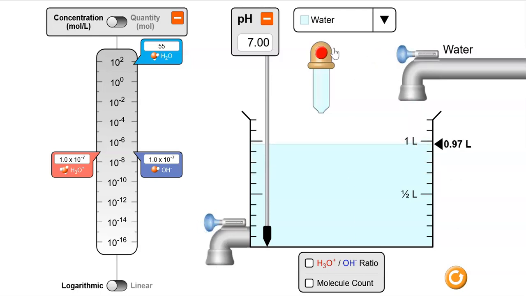Let's drain that and fill it to 1 liter. So this will make our calculations very simple. So we can see these concentrations here, and we will look at this in more detail in class,